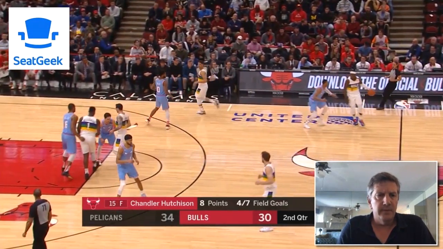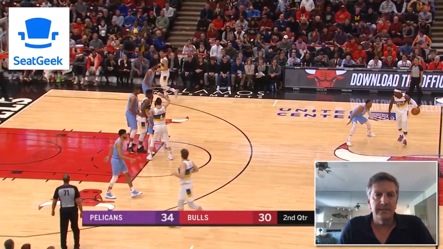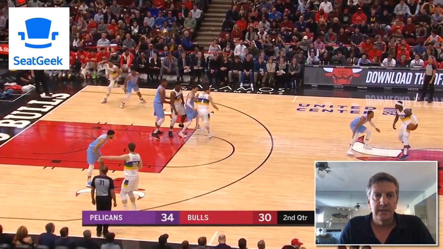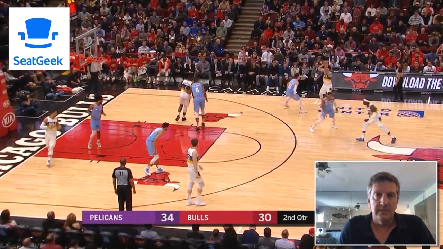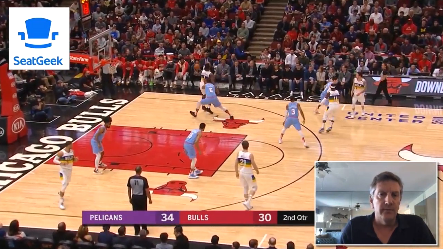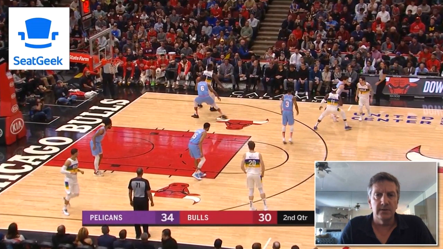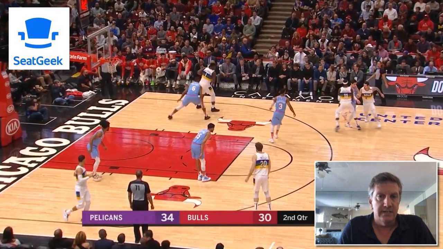This is one of our favorite plays to feature Zion in the post, where he's had great success so far this season. We get the ball into him, and then you'll see great action off the ball occupying the defense. It starts with the high split here between JJ and Drew. You can let it roll. Now JJ cuts to the basket,